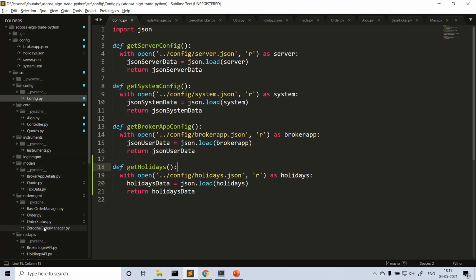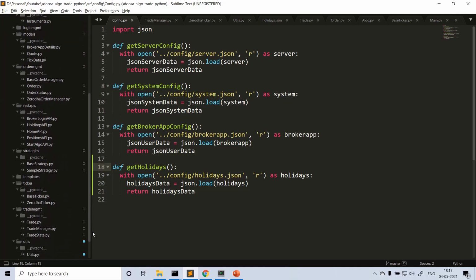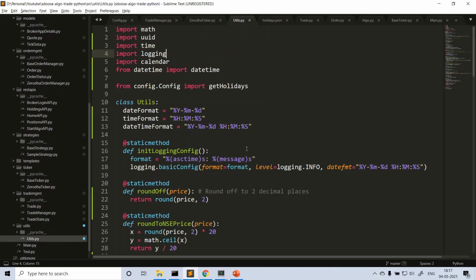Okay, before jumping into trade management or other details, let's look at the utilities part first, because these are the functions that will be used by trade management and strategy manager wherever required. So what are the things I added here? First of all, this is the old code init logging, so you can ignore that for now.